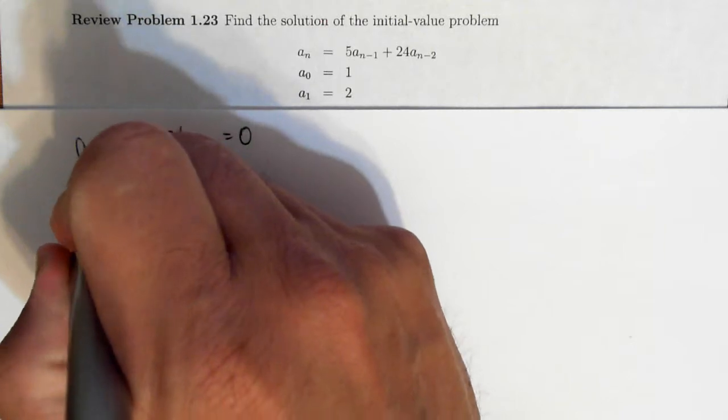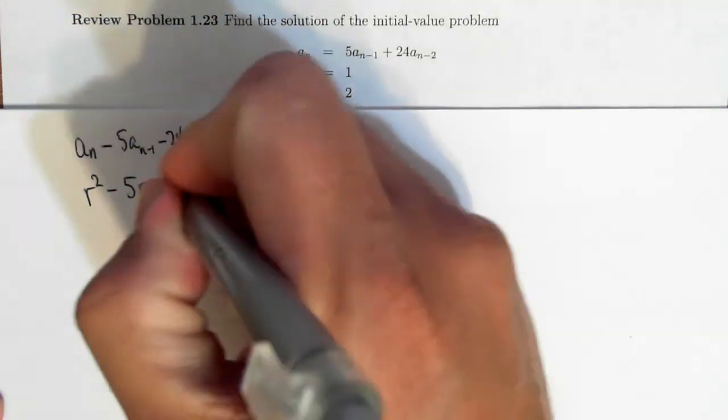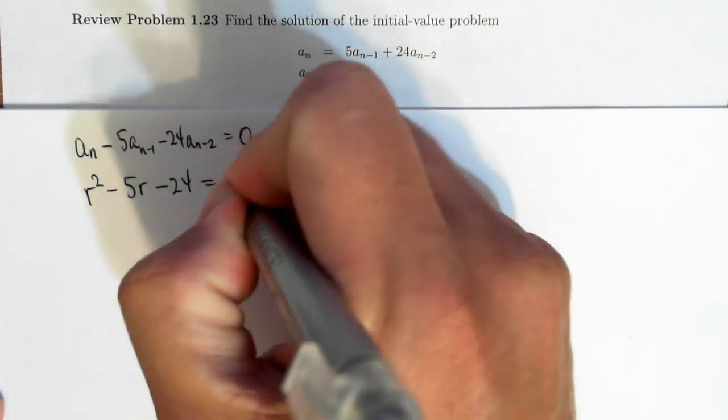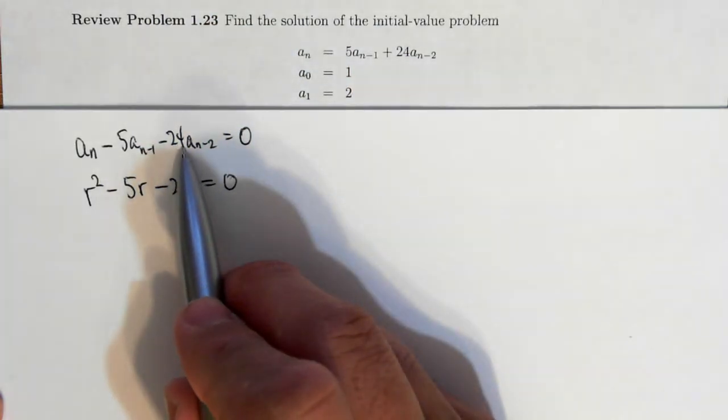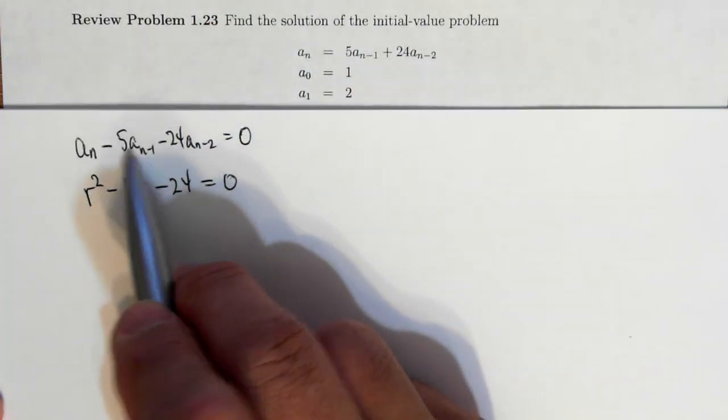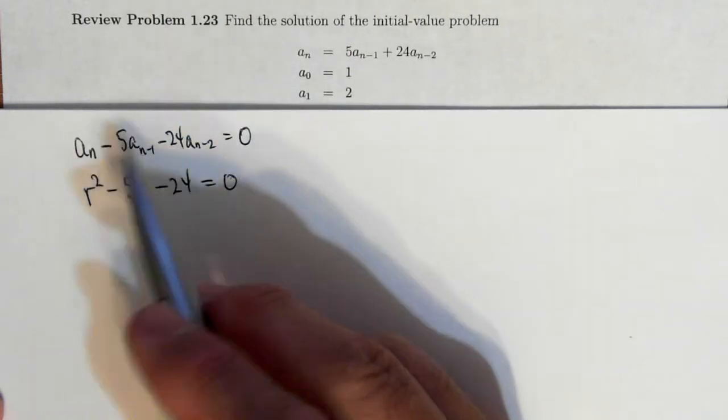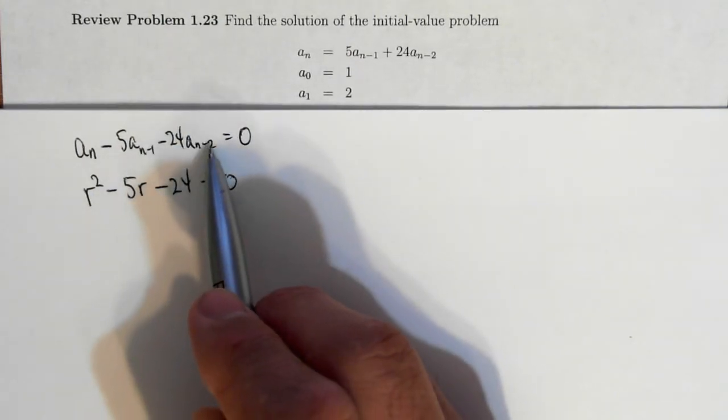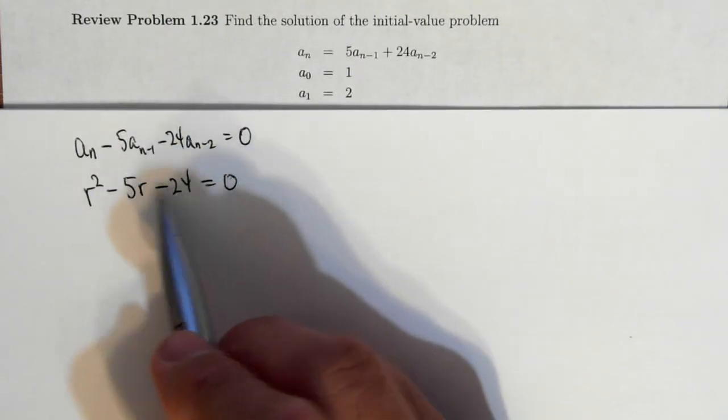So the characteristic equation turns out to be r squared minus 5r minus 24 equals 0. So that's my quote-unquote constant term. This would be my linear term, and that would be the quadratic term. If this was a third order recurrence relation, then it would be a cubic